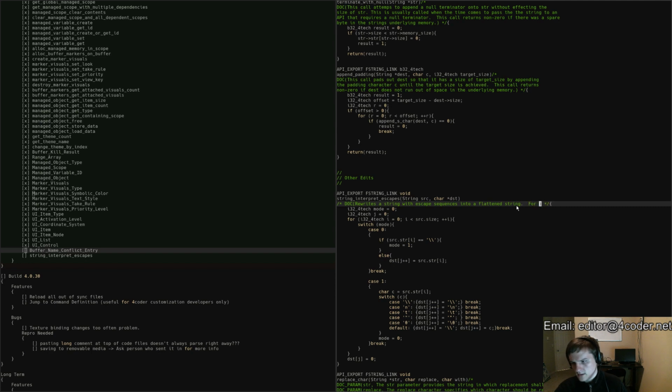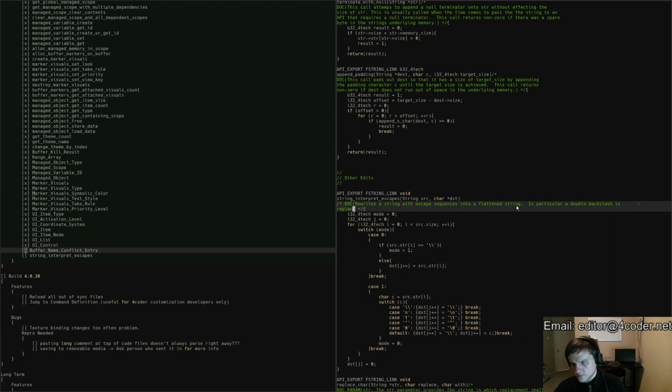For instance, in particular, a double backslash is replaced with a single backslash, \n